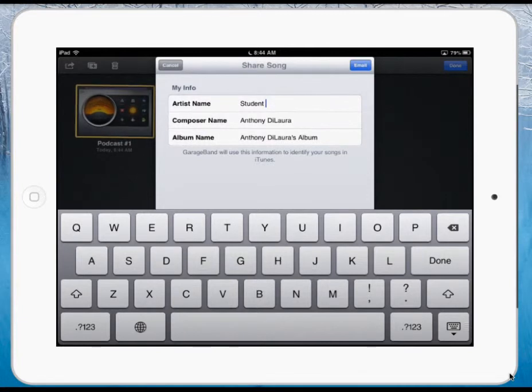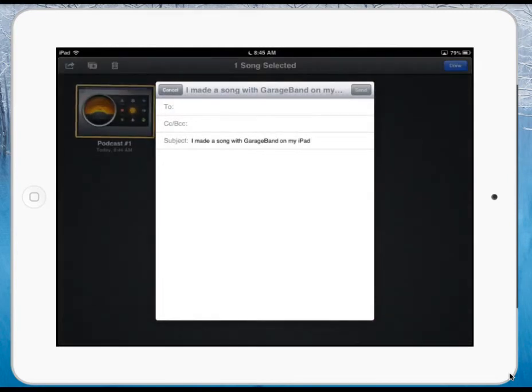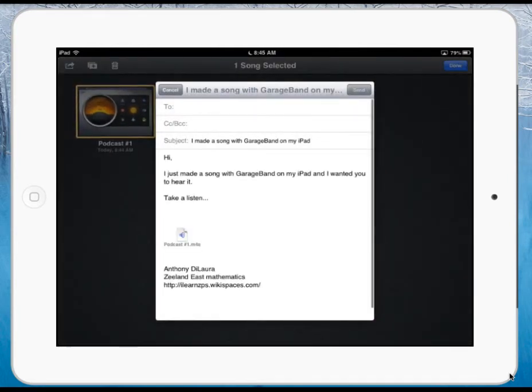and then email. And now it depends on the size of this file too. The size might be a little bit limited, so maybe the length of your podcast can only be certain X minutes long, but I'm just going to send this to myself,